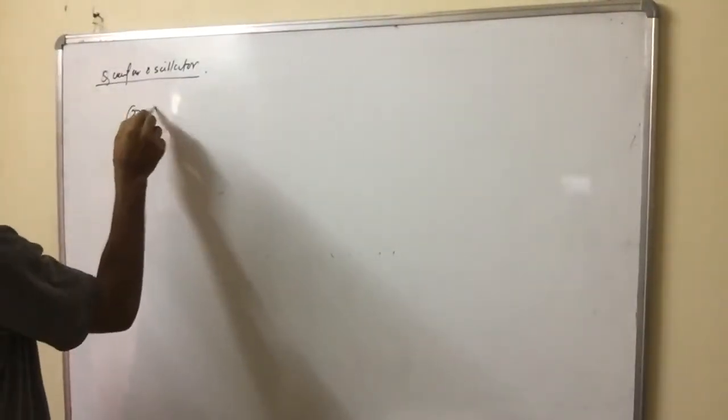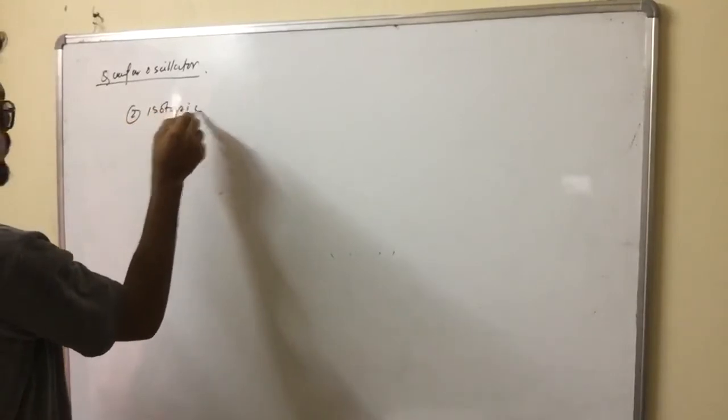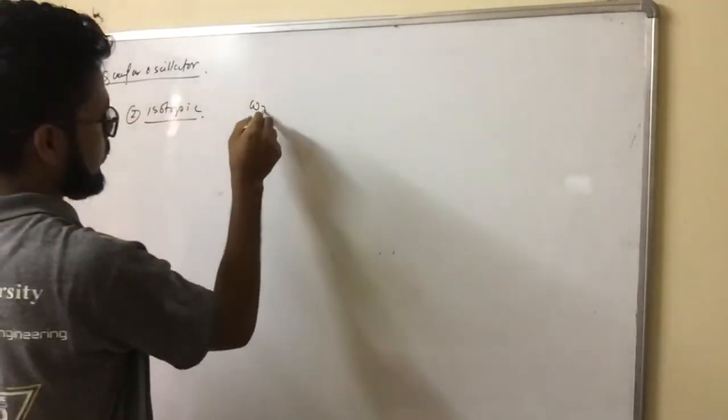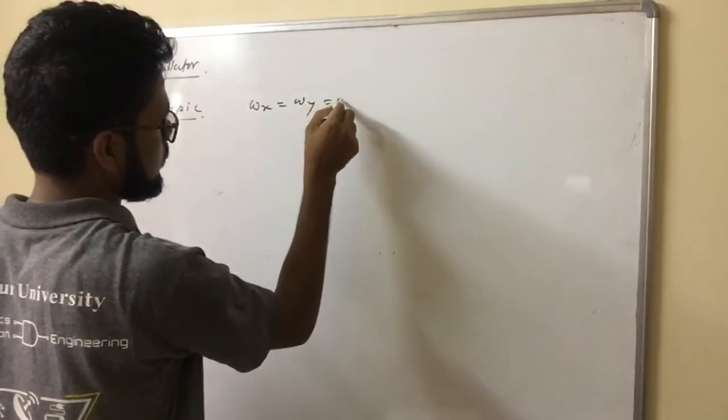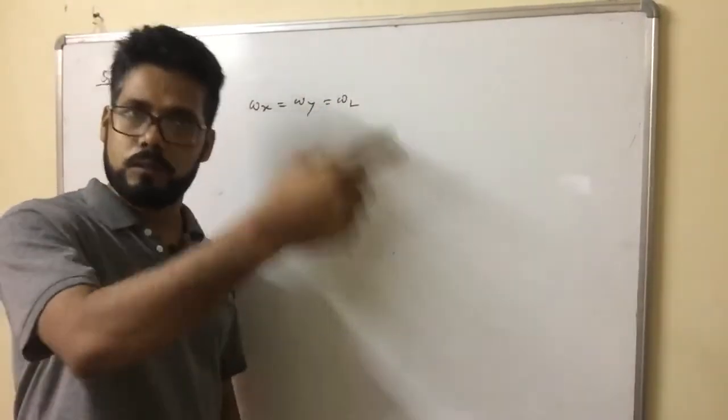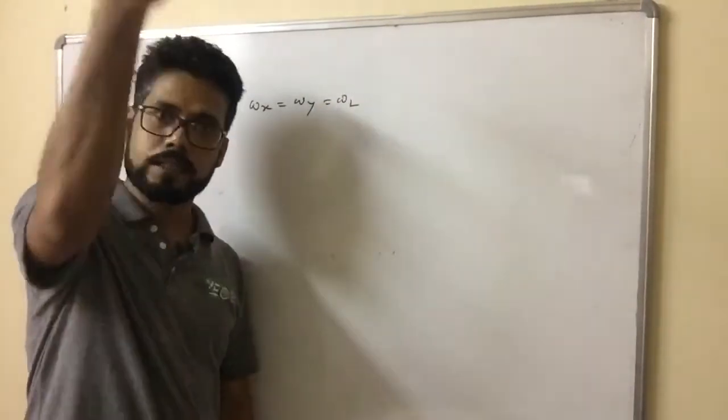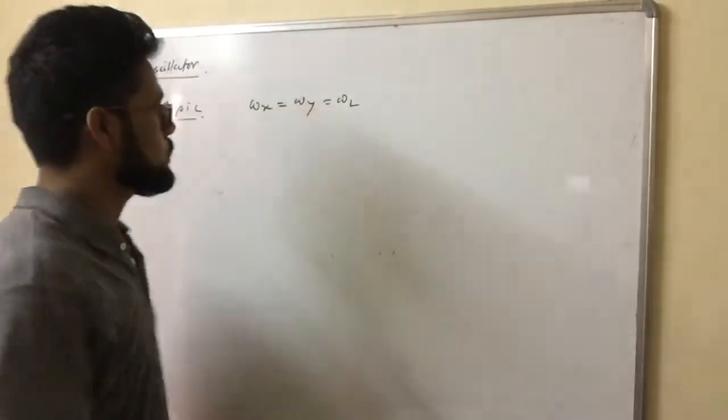Case 2, isotropic case. What happens? Then omega x equals omega y equals omega z. That means Vx equals Vy equals Vz. All is symmetric: the potential along the x-axis, y-axis, and z-axis is symmetric. So the energy will be